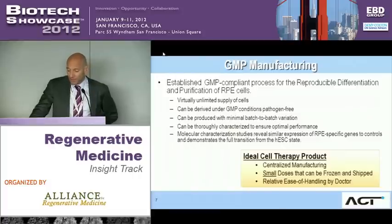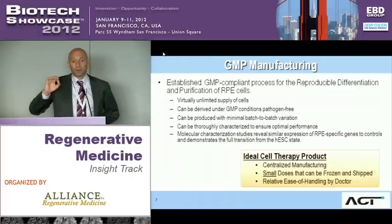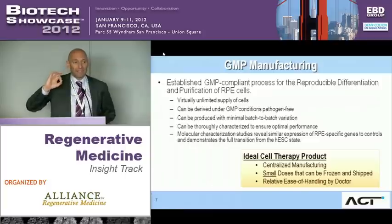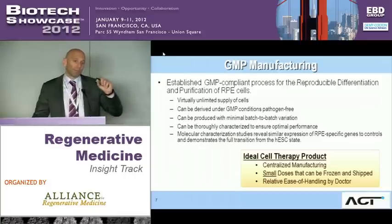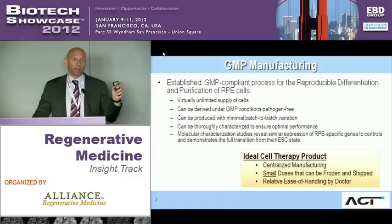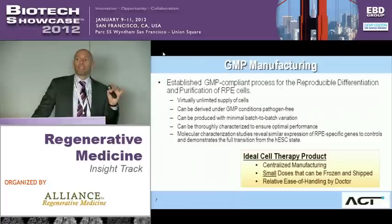Essentially, if you think about the amount of cells we're injecting in the suspension of fluid that they're in, it's about the head of a pen. So you're talking about a very small number of cells necessary. The back of a healthy eye on the Brooks membrane layer within the fovea or the central field of vision is only about 60,000 RPE cells. So we don't really need that many cells to be able to recreate what's in the back of an otherwise